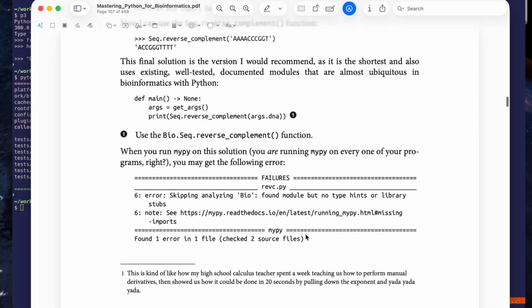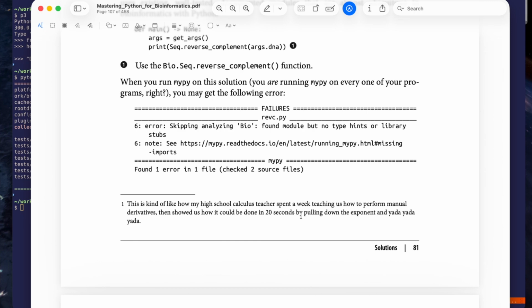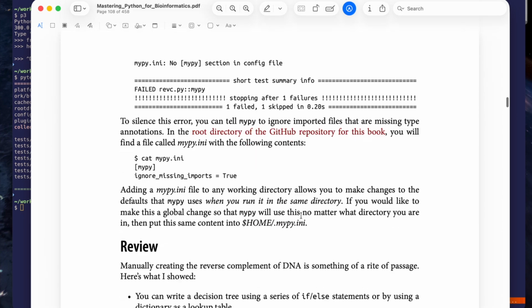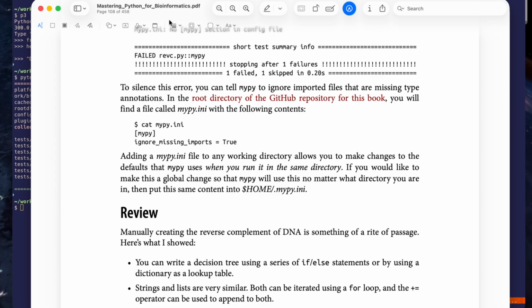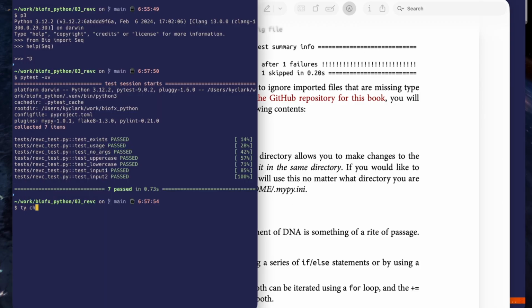There's some stuff here about MyPy that you might encounter if you're still using MyPy, but we're not going to use that. I could use ty real quick to check my revc, and it passes. We've already seen though that ty also misses things. You kind of have to use a bunch of tools to see if there are problems with your code, but